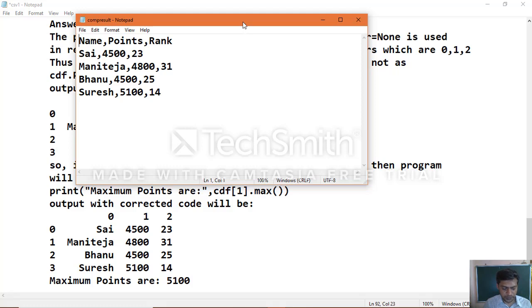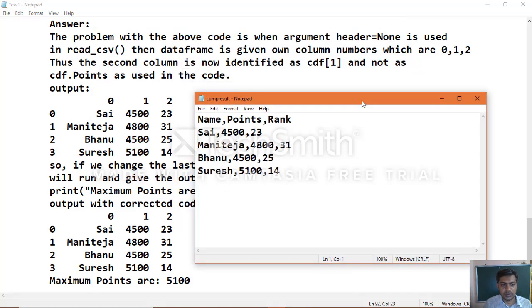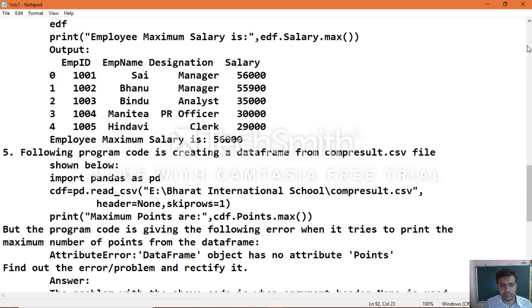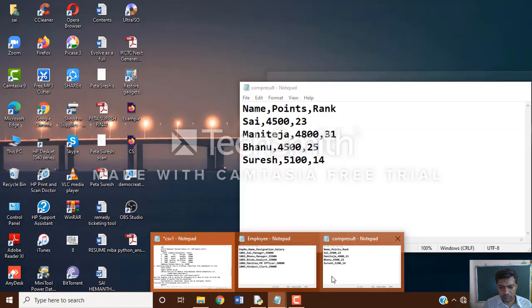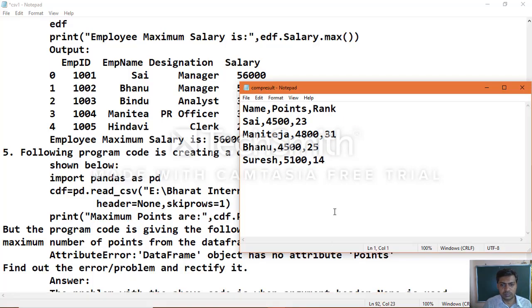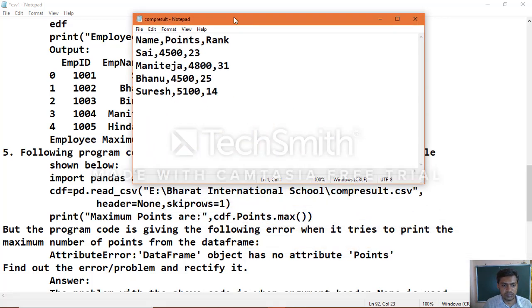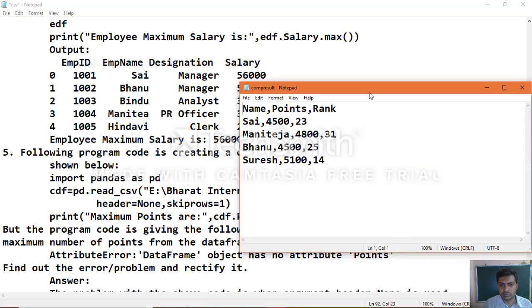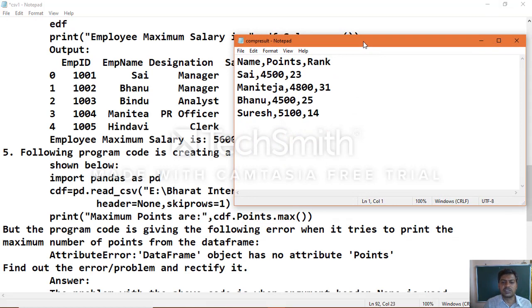In the CSV file we wrote name, points and rank. Student details, something like name, points and rank of a student.